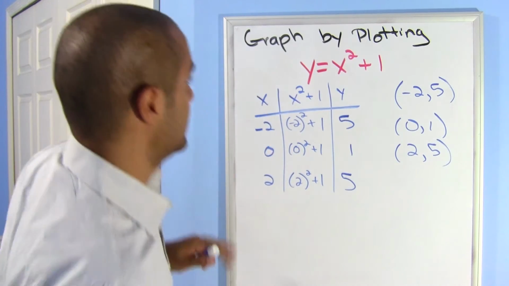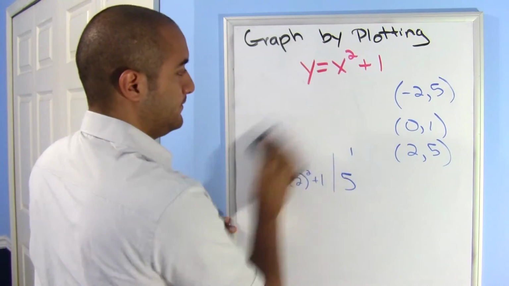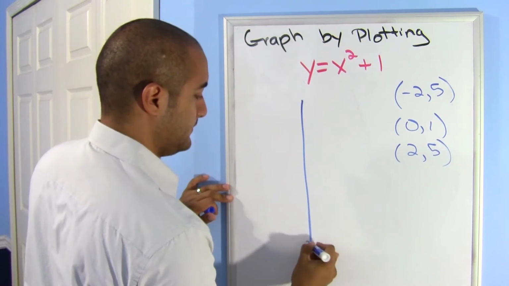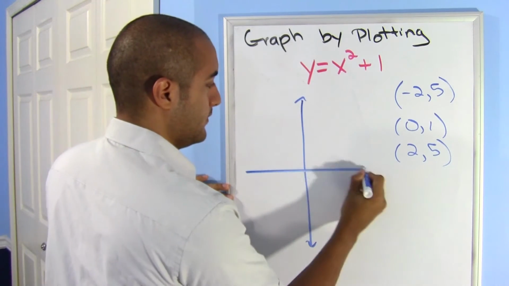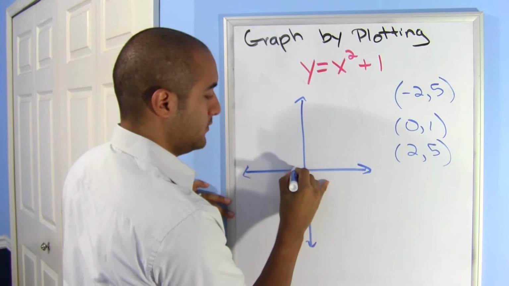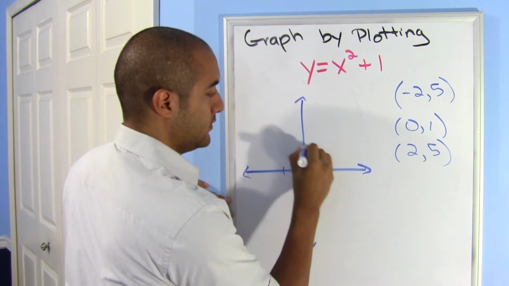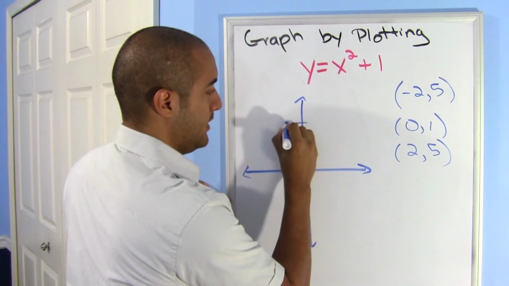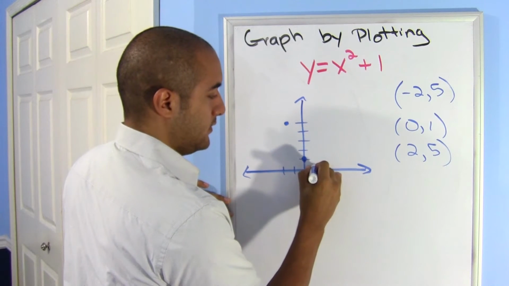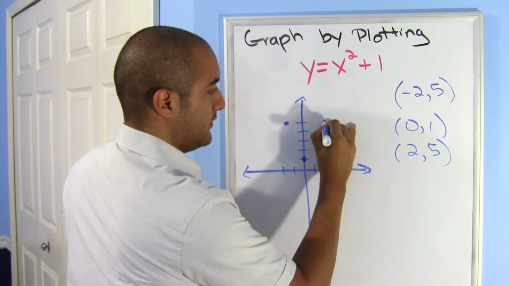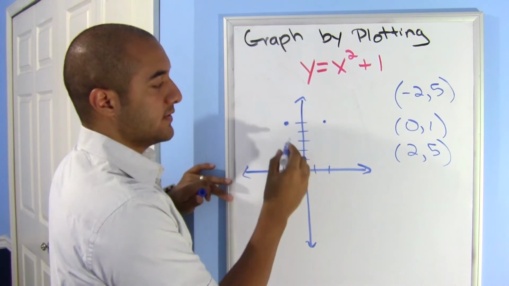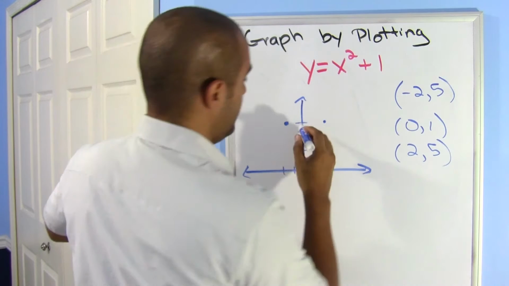So let's erase this for more room. And now my graph will look like this. Negative 2, 5, so 1, 2, 1, 2, 3, 4, 5. Right here. 0, 1, and 2, 5. Okay? You might think it looks like a V. This is not a V, this is a parabola, so it should be curved